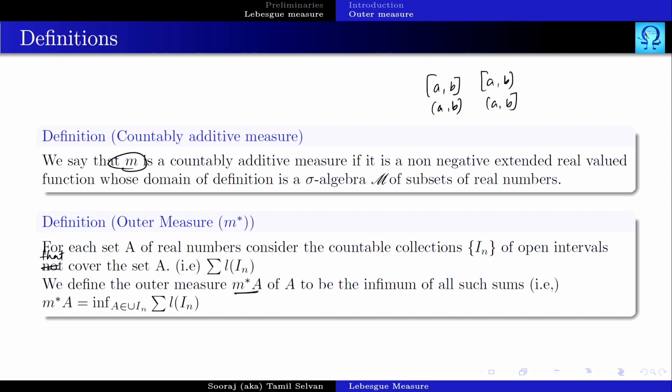For the countable collection of open intervals, we find the lengths and take the sum, right? In this manner, we are able to find several possible open interval covers. For all the possible covers, we find the sum of the lengths, and take the infimum of all such possible sums, and that is what we define to be the outer measure,